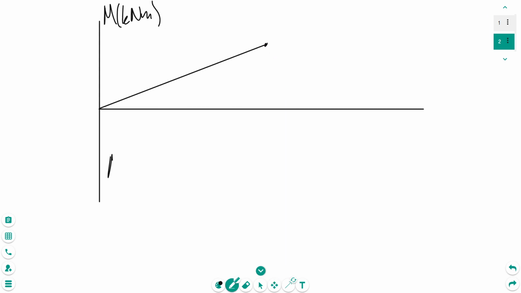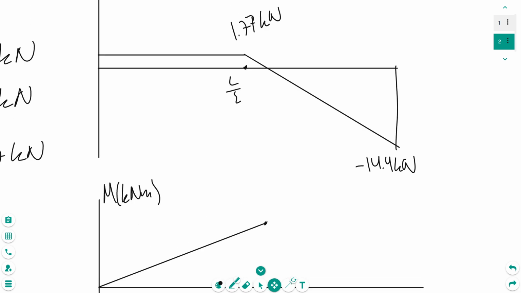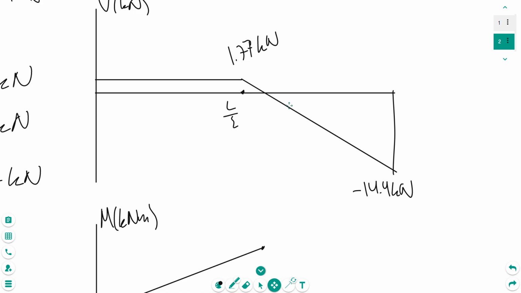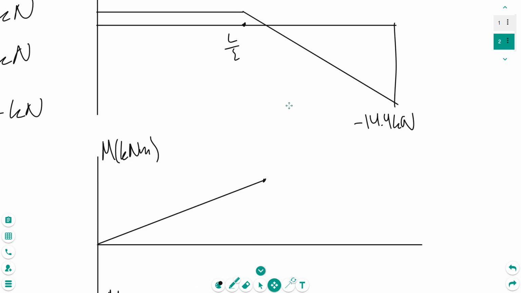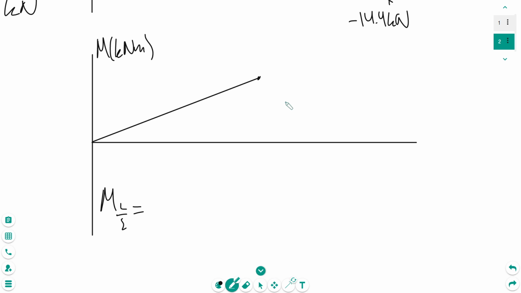Now this value, M at L over 2, can be calculated simply by the area under the graph for the shear force diagram. So this will simply be 1.77 kilonewtons times L over 2, which is 3 meters,